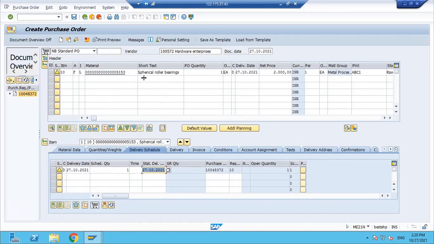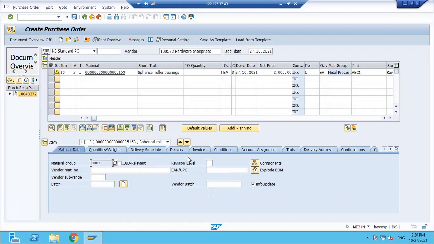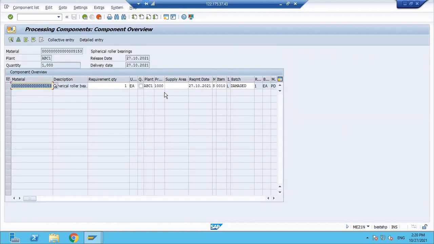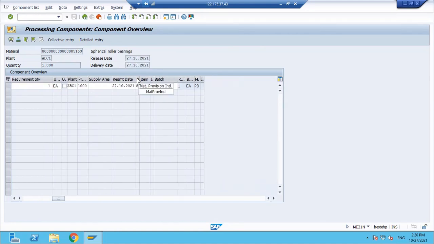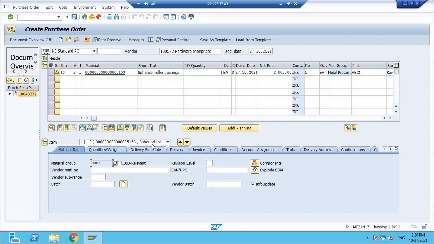Now if you see here, just cross verify everything got updated or not. So in the components, you can see automatically the material provision indicator is yes because we have already assigned this in the order itself, right?